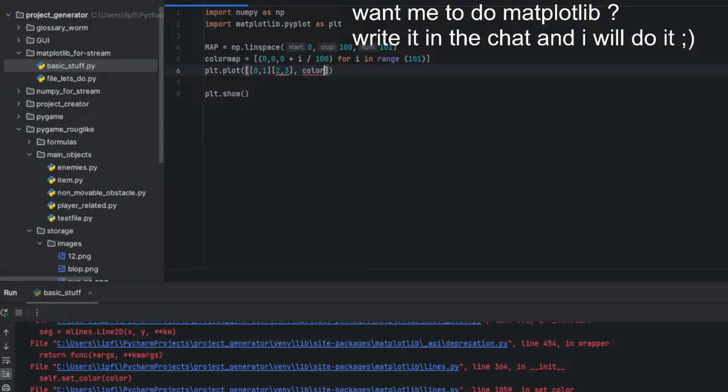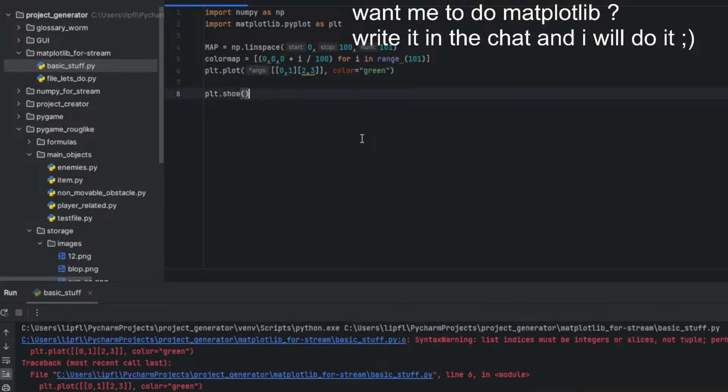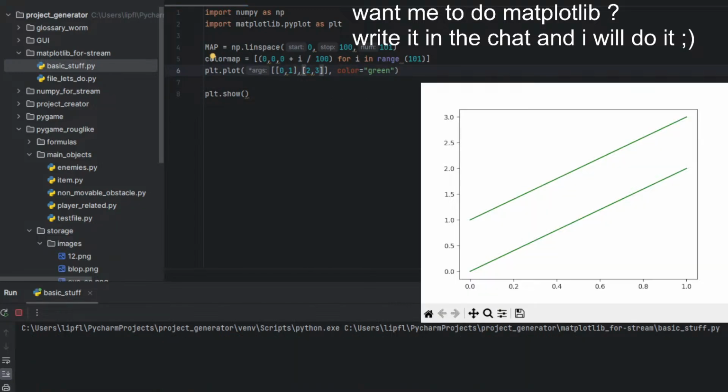Color equals green, and I'm messing it up. So what is the issue now? Oh, one square bracket, one more square bracket. Oh, the comma is missing.